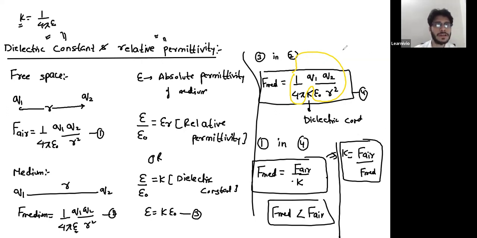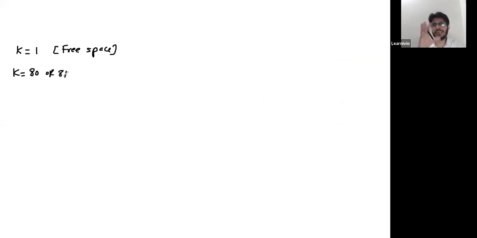Next, you will need the dielectric constant of some basic media. The value of the dielectric constant is 1 for free space. When I say free space, that means either air or vacuum. The value of the dielectric constant is 80 or 81, basically 80 point something, so some authors use 80 or 81. This is for water. The value of the dielectric constant is infinite for conductors. If you have a conducting medium, then for that medium the dielectric constant is infinite.